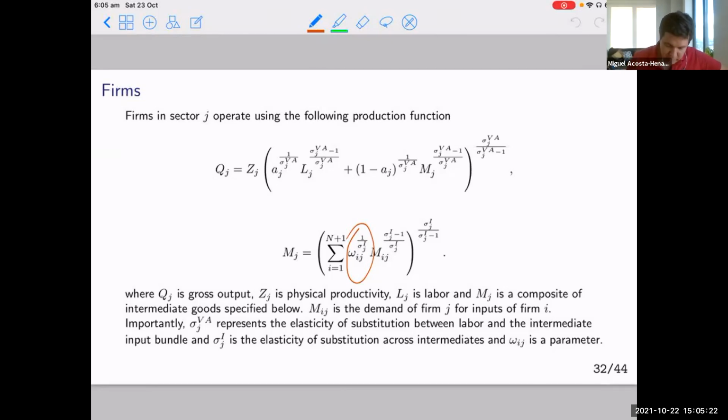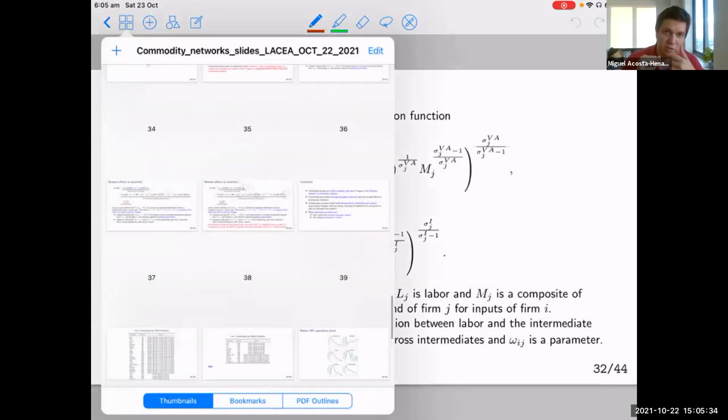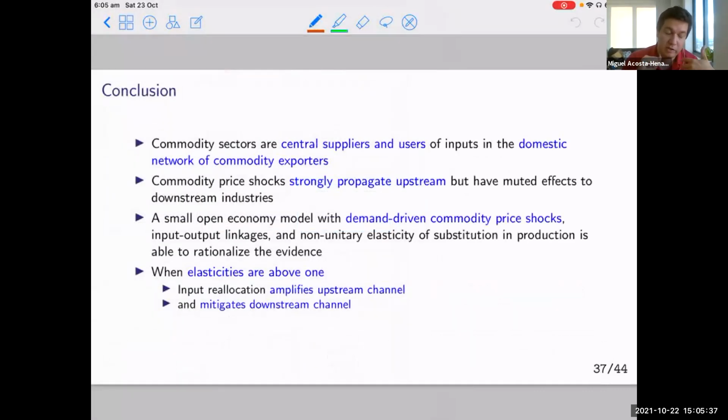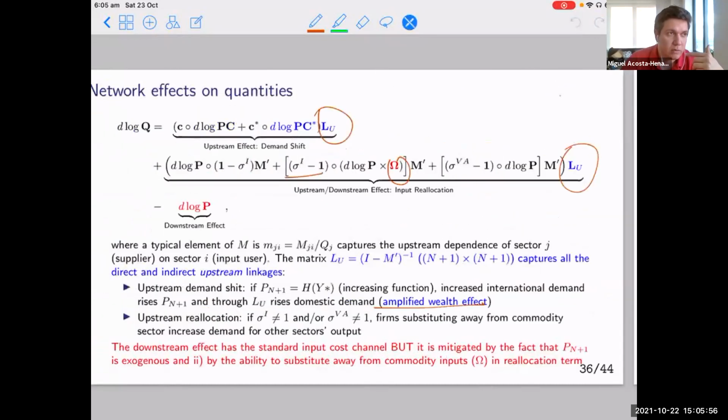I have only one comment, but maybe it's not very pertinent to your paper, though I feel it needs to be said. The way I understand it, and I totally agree, commodity shocks are sectoral and end up affecting more certain sectors, which are the ones that are upstream. What I wanted to say is that this is true in the direct channel of commodity prices in themselves, but it's also important that in these countries, small open economies that are usually commodity exporters,